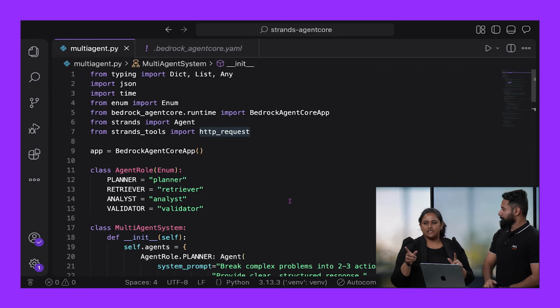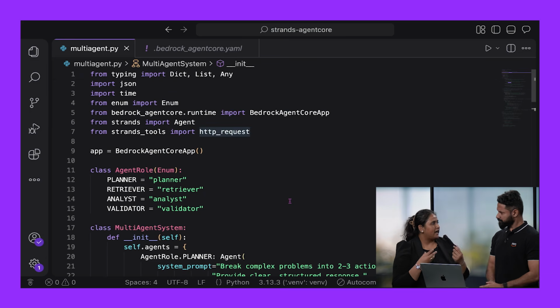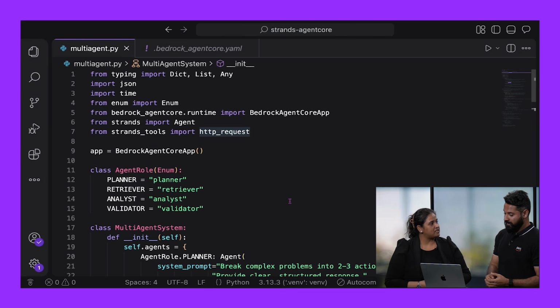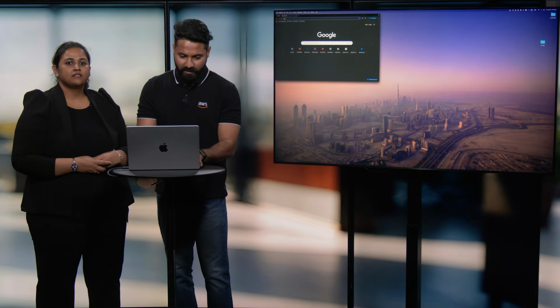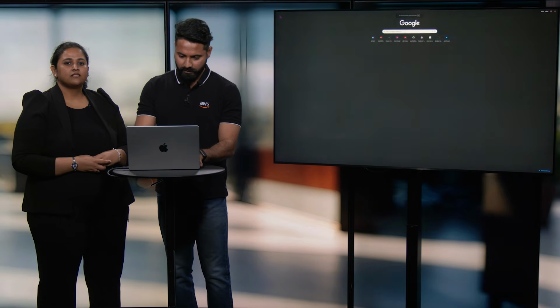So till the time these things are coming up, can you also guide me how I can start my journey for Bedrock AgentCore? I know for Strands, I should go to strandsagents.com, and while the agent is getting me the response of the other details, can you explain to me how Bedrock AgentCore should be started? Great. So if I had to start it from scratch, I'll basically go here and I'll just write